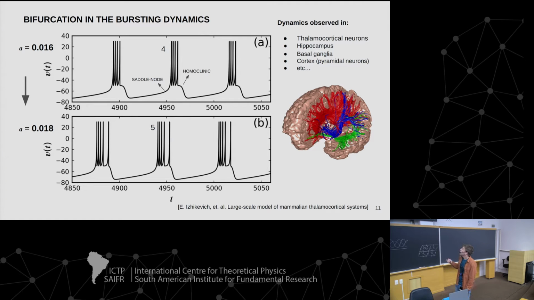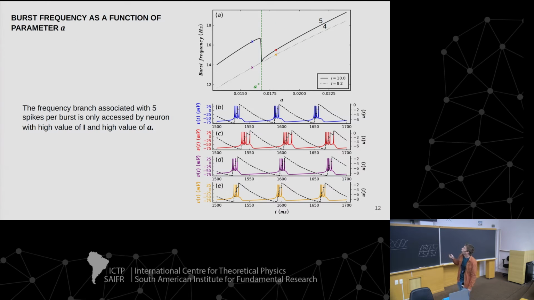So for the case of this work, we chose this bifurcation to explore, where the neuron before the bifurcation has 4 spikes per burst, and after the bifurcation it has 5 spikes per burst. What this does is that the frequency gets a little lower when it has 5 spikes, because each burst needs to accommodate one more spike. So even though you change the parameter just a bit, the frequency will have a huge jump because of this bifurcation. I show here two frequency response curves.